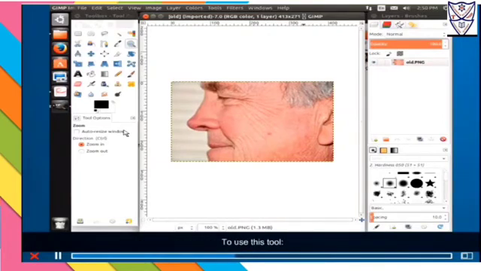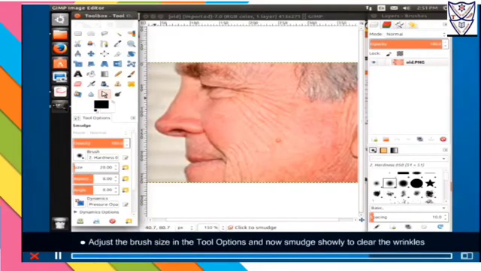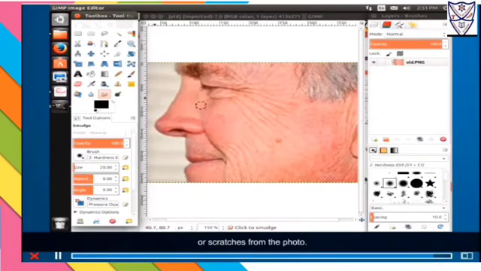To use this tool, open the image with any of the above imperfection. Zoom the image to enlarge the area to be corrected. Select Smudge tool in the toolbox. Adjust the brush size in the tool options and now smudge slowly to clear the wrinkles or scratches from the photos.